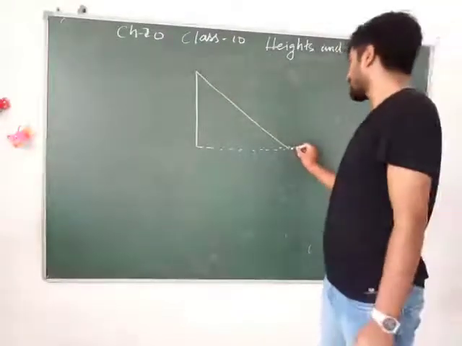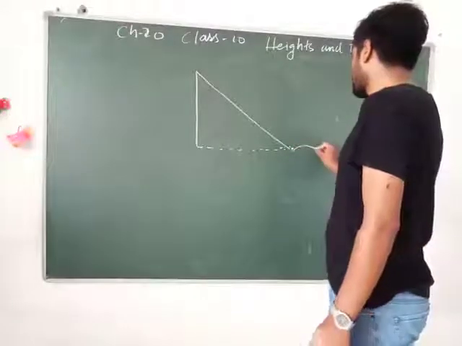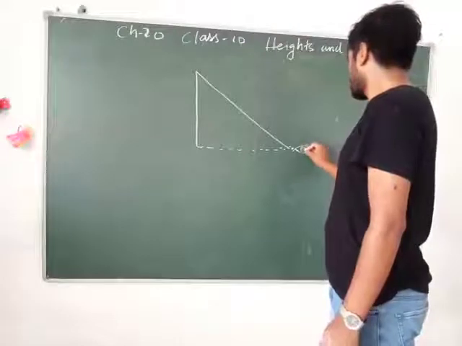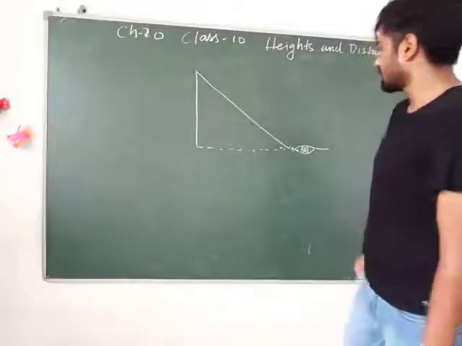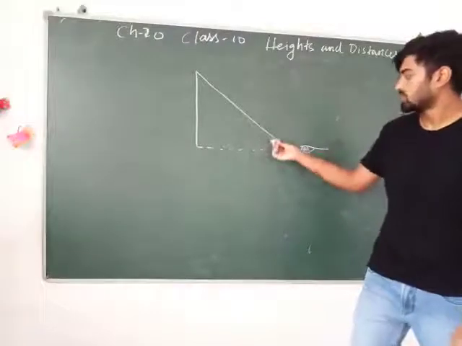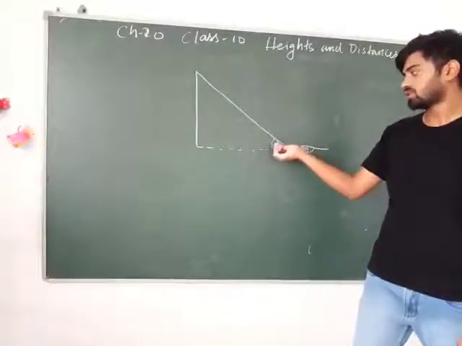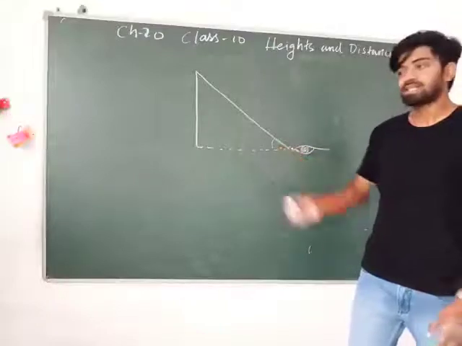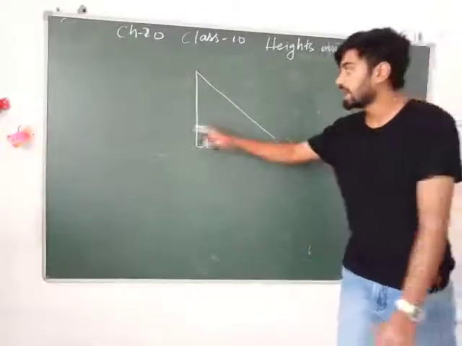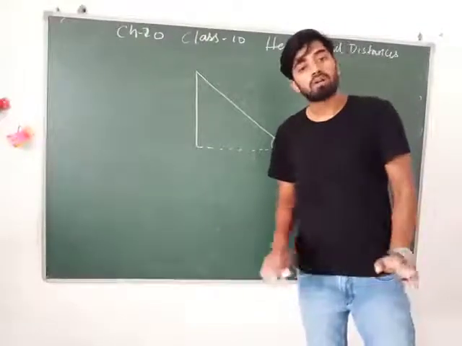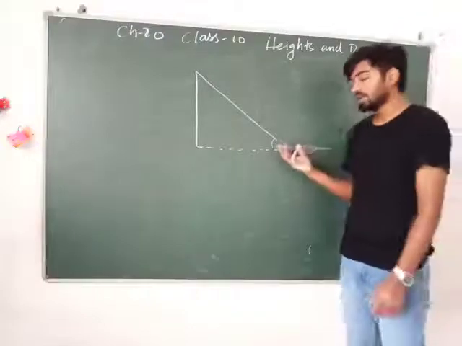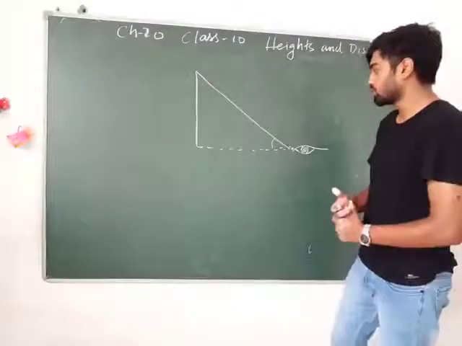So this can be my eye, the eye that I'm looking with, and then the angle till the top. So this is going to be the angle, and the distance I know because it's very easy to measure the distance on the ground. Then I'll be able to figure out the height of the pole. I just need to know the angle. I can use a compass for that. We can do practicals of this later on.